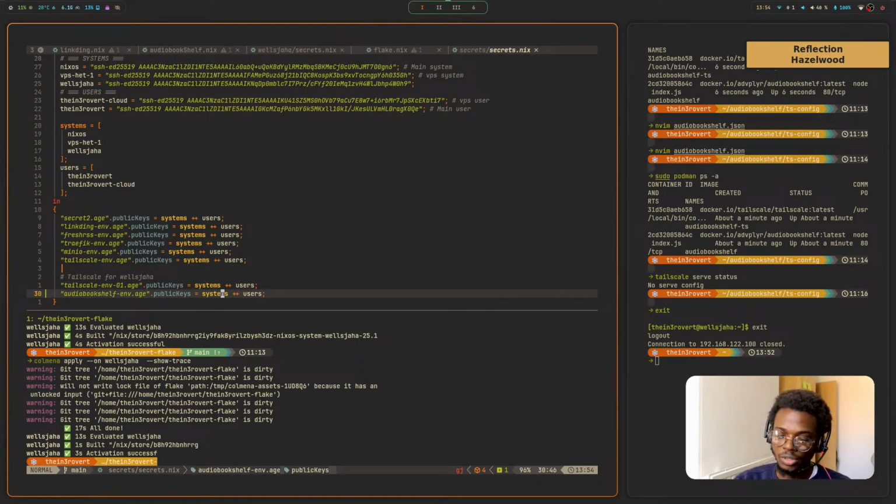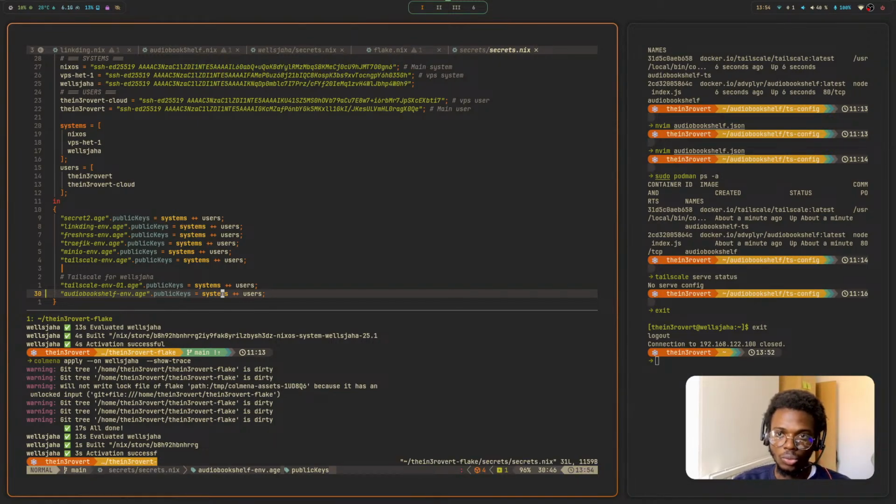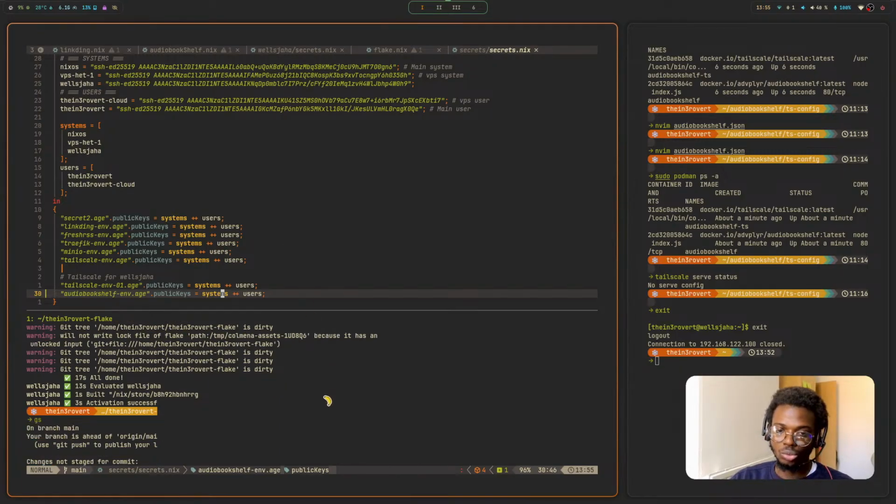So it would use the SSH keys to basically encrypt and decrypt the credentials during runtime, so then the services could make use of them. So yeah, now that we have that, we are going to